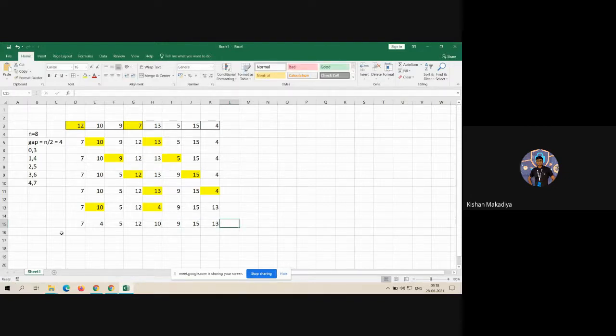This is your complete one pass. And again the gap is divided by 2 and so on. So we observed in the last lecture that in a single pass we are following insertion sort, but not with the adjacent index; we follow the index based on the gap. Now let's write the code.